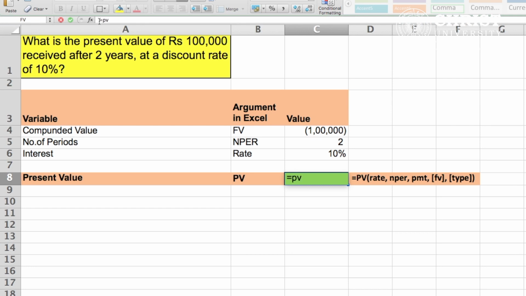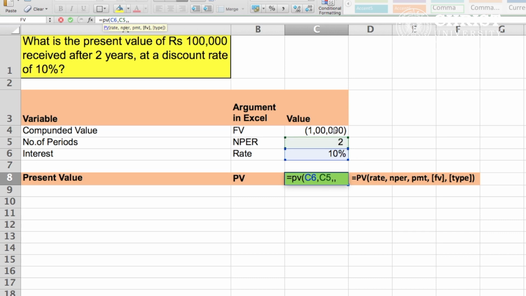Here, we would be typing equals PV, then open bracket. The moment we do that, we see a few items that the Excel formula will show. Now, we will fill in rate as 10% or 0.1, comma, NPER as 2 being the 2-year period, comma, followed by another comma as we are looking at a lump sum payment and not an annuity.